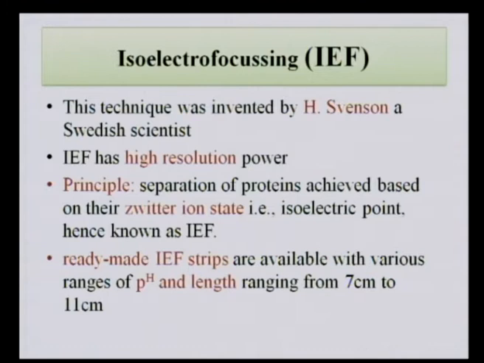If you recall the structure and composition of proteins, they are made up of amino acids, and there are various types of amino acids like acidic, basic, charged and uncharged ones. When you dissolve these proteins in a suitable buffer, they will obtain a particular charge. Similarly, based on the pH, these proteins will attain a state that is called the zwitterion state or isoelectric point. At this state, proteins don't have any particular specific charge, but they have both positive and negative charge.